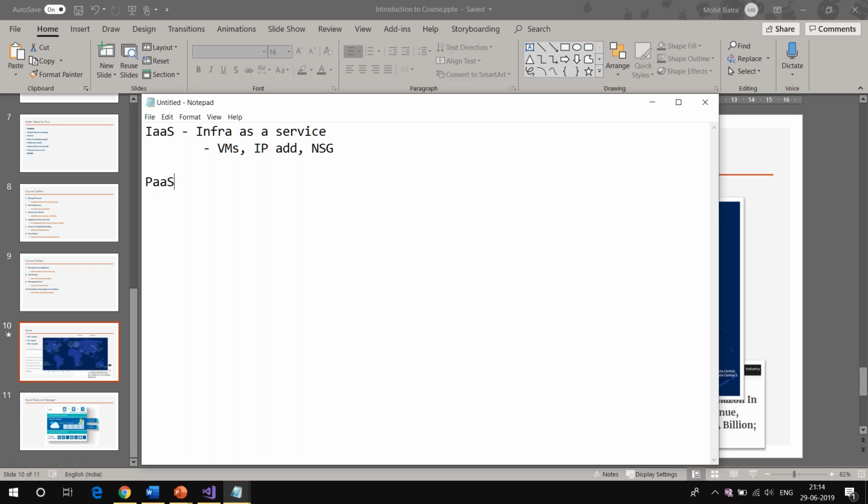Then we have the PaaS services, which is called platform as a service. Platform as a service means that you don't want to get into the complexity of handling a VM. If you're coming from an on-prem background, you might think, why don't I have access to the infrastructure, why don't I have access to the VM? But the point is that if you get access to a VM, of course you can deploy anything.